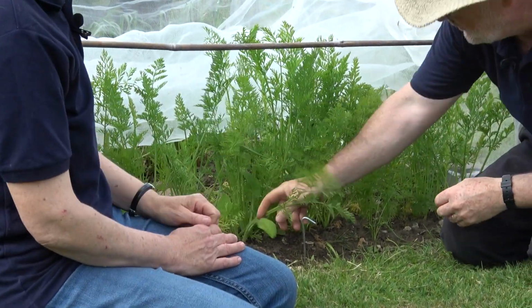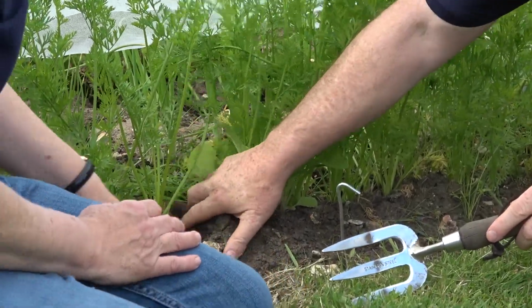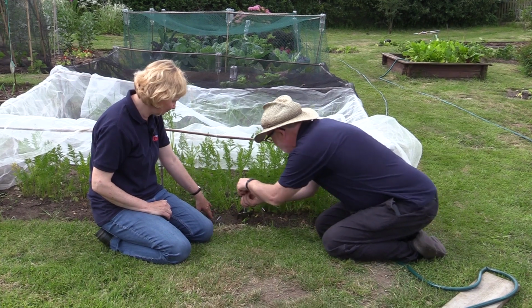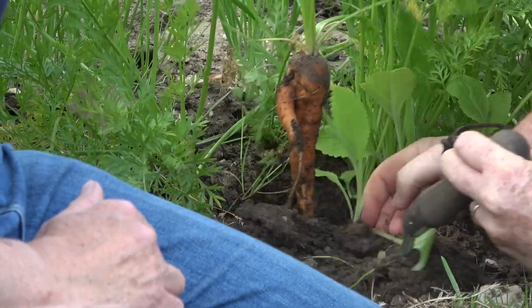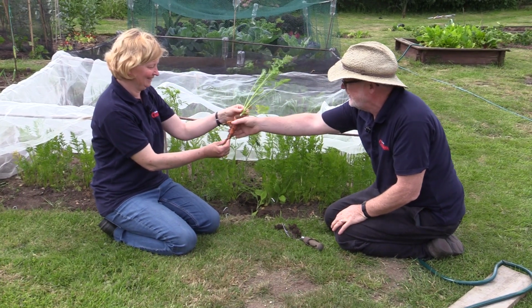Oh, weeds. It's exciting. Right, shall we try a carrot? Oh, there's a carrot there. Looks promising, doesn't it? Yeah. Shall we try that one? Try and get it, I don't know how deep they go. Hey! Not too bad. It's got a little bit of a fork, but